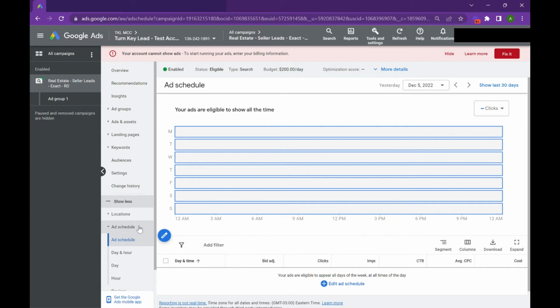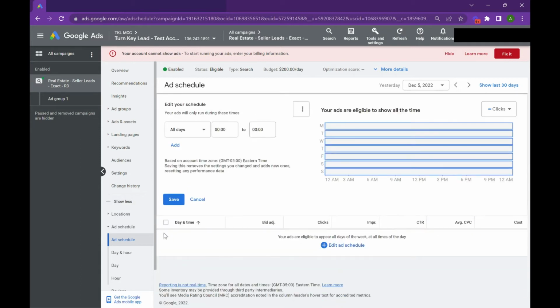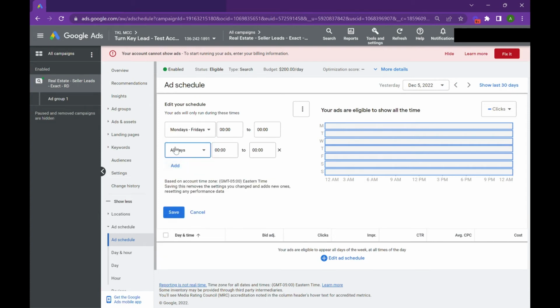So we've got a great setup on a manual CPC where we bid Monday through Fridays. Obviously, for real estate clients, we bid on the weekends as well. But our Monday through Friday setup is we bid by hours. So for early mornings, we bid a little bit more, and then we kind of cool off. Lunch, we bid a little bit more, and then we cool off. And then we bid really aggressively from that 5 to 7 in the afternoon. And the way you do that is you just hit Monday through Fridays. You have to actually add